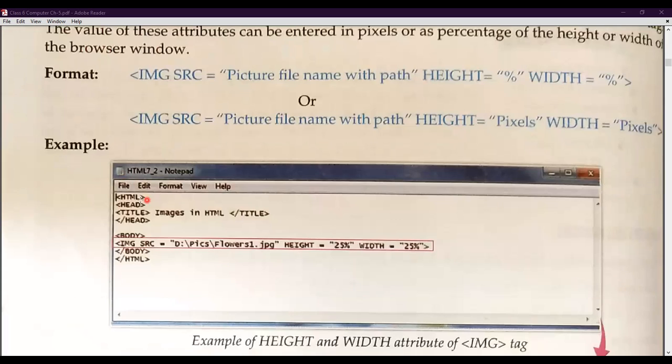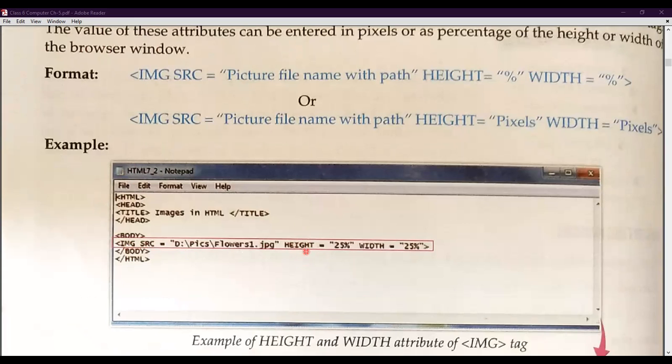Now look at the coding. First of all, you need to write the HTML tag, then head, then title, and you have to give the title also. Then you end the title tag and the head will be closed. Now the main section, the body section, will start, and then you write the image source. Yes, you give the source. Then height.